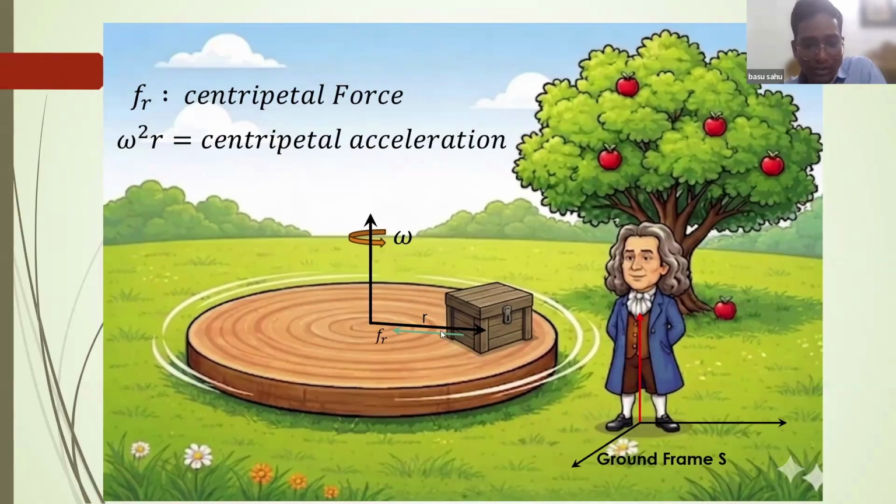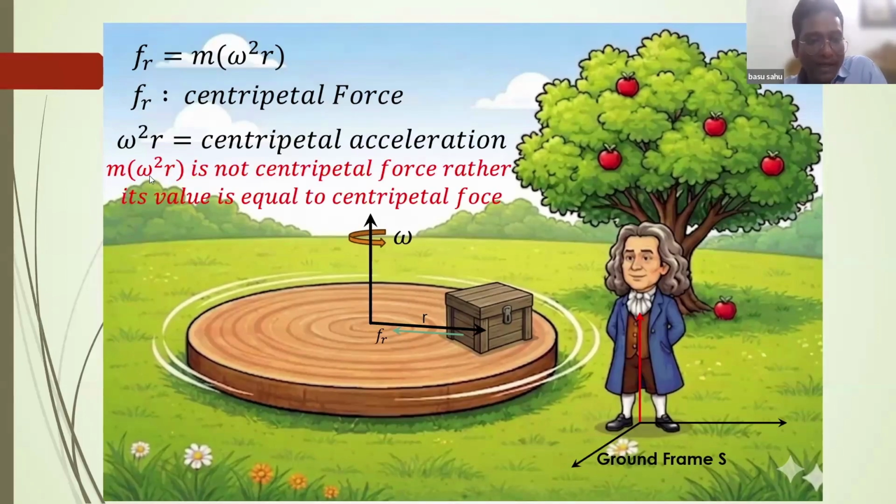Fr means the friction force acting towards the center. And Fr is equal to m omega square r. I have written omega square r in brackets specifically to show it is an acceleration, a radial acceleration, meaning acceleration towards the center. That's why I have written it here in the bracket, right?